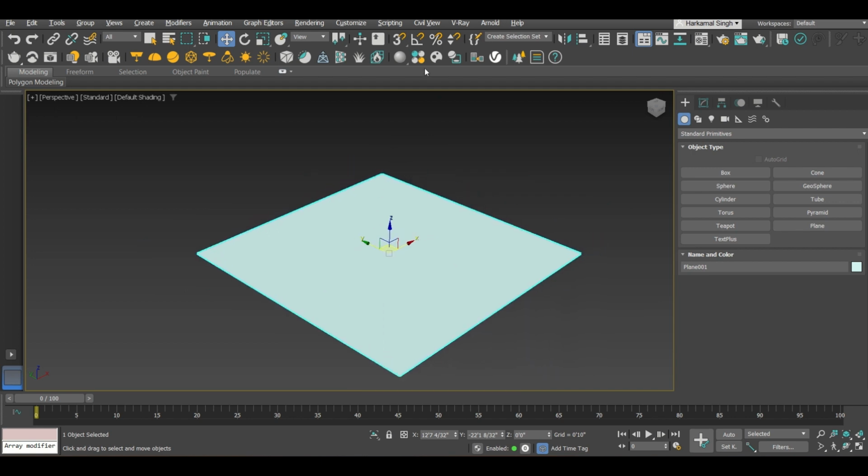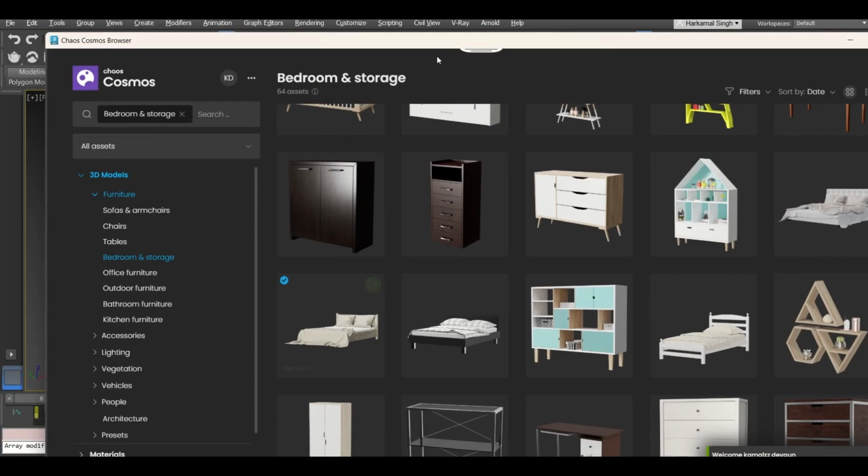Once you have created this, this will only be workable if you have installed the V-Ray plugin into your 3ds Max. Starting from this point, you can just follow my cursor from this to this point. You will be able to see this entire tab once you have perfectly installed the V-Ray plugin into 3ds Max, else this tab will not be visible in your software. Once you have this tab, you can see Cosmos browser here. Click on it. You will